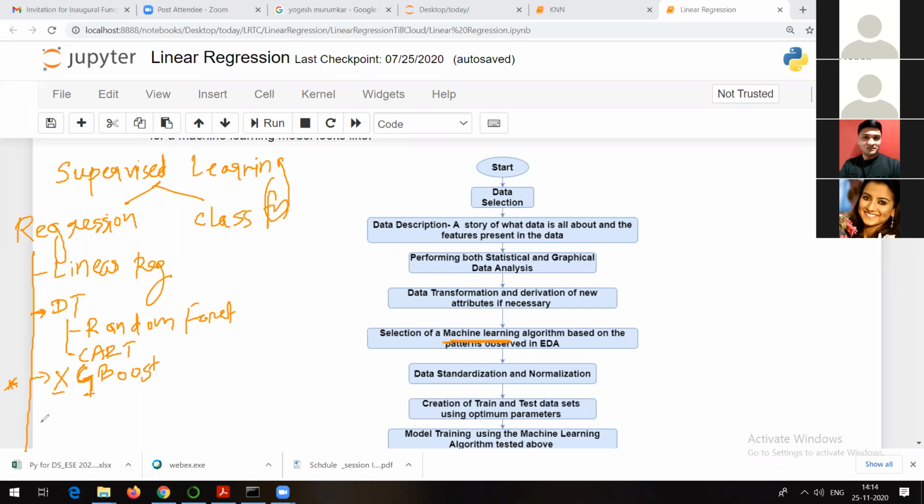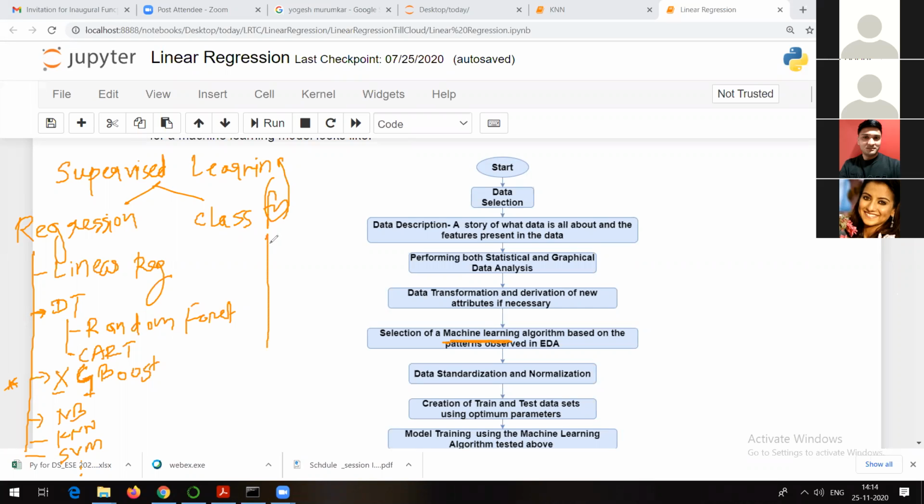Those who are aware of the concept of gradient boosting might be aware of this particular algorithm. So extreme gradient boost can be used for regression. There is the algorithm called Naive Bayes, KNN, and support vector machine, and so on. Generally, I talk about 17, 18 algorithms which are available for solving these kinds of problems.